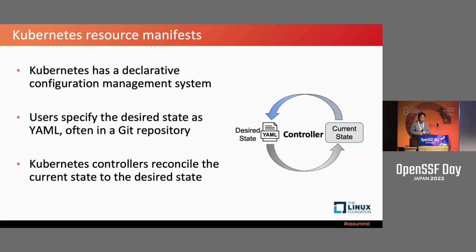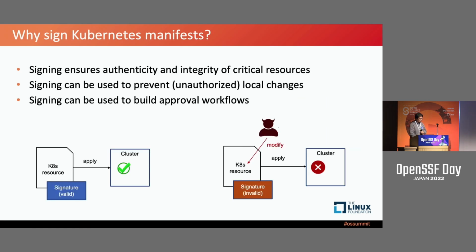So before going to the details, Kubernetes is basically a configuration management engine. If you deploy some YAML manifest, the Kubernetes controller changes your cluster state configuration according to the YAML manifest. So if the YAML manifest is compromised, your cluster will also be compromised. So the manifest is very important.